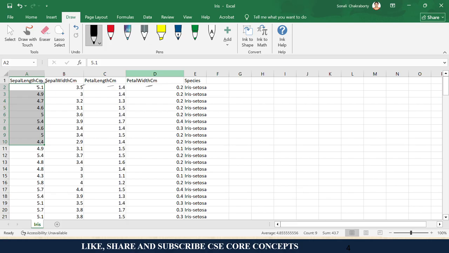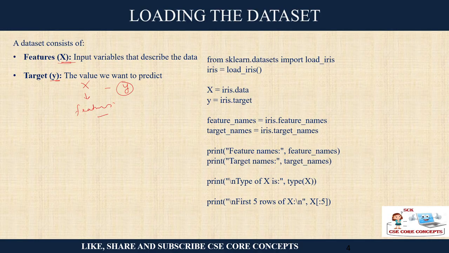So all these 4 are your X. And the species is the target. You have to predict the species based on these 4 parameters. That is your Y. So features are your X and the target is your Y. Understood? Let us see how we can load the data set.